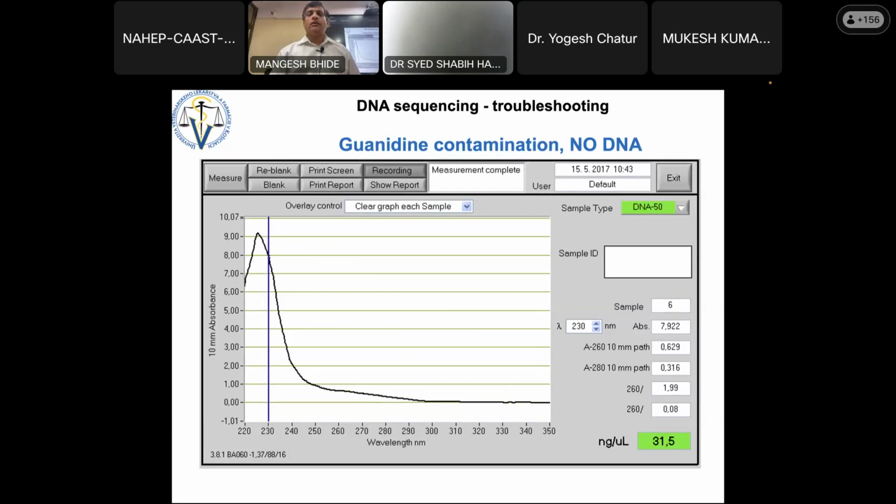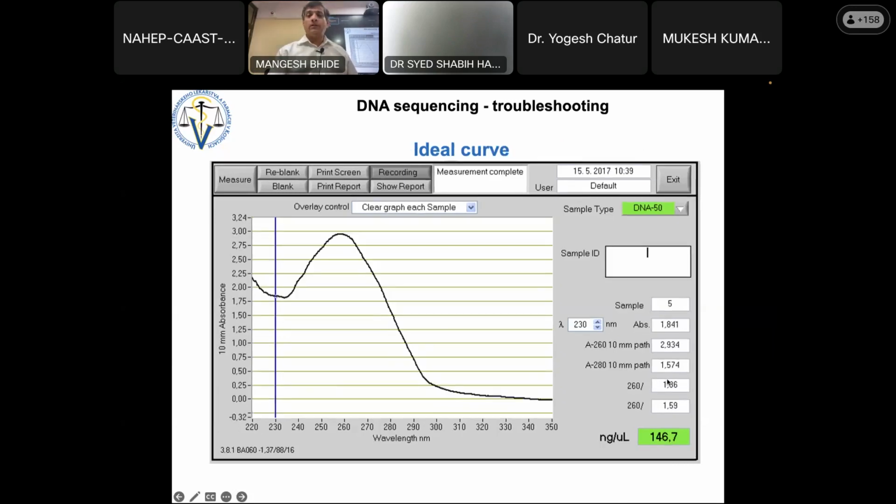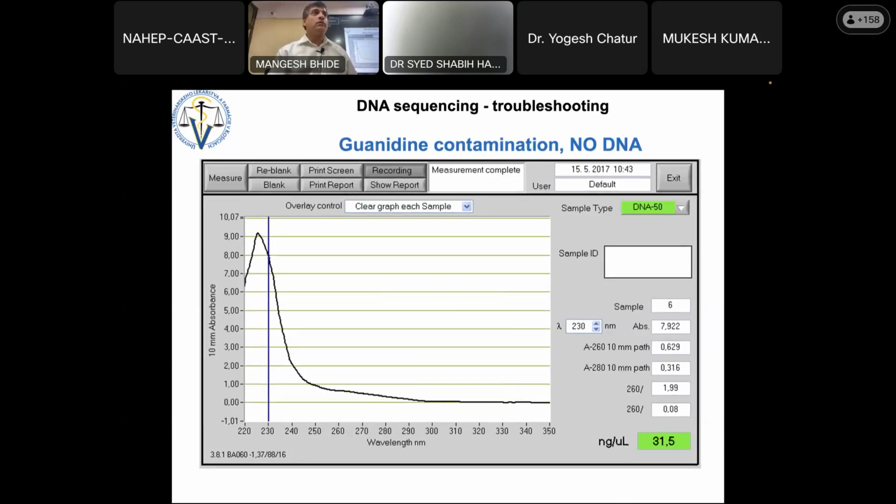Okay, so then there are different issues over here. See, this value is 1.9. You will see, oh, my DNA is very good because it is above 1.8, but this value is 0.08 only. So if you compare this value, you have 1.8 versus 1.5. This value is quite different. Okay, 0.08 only, and that gives me some hint that there is some contamination, and that contamination is because of